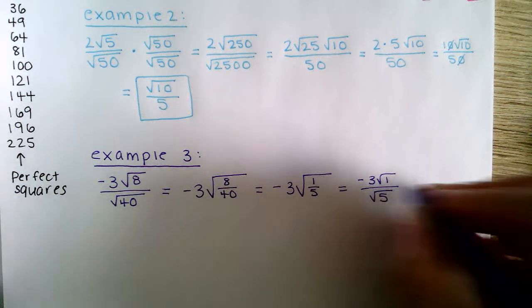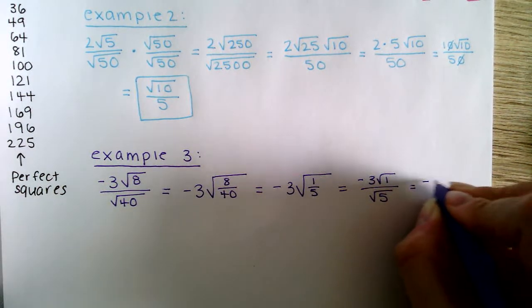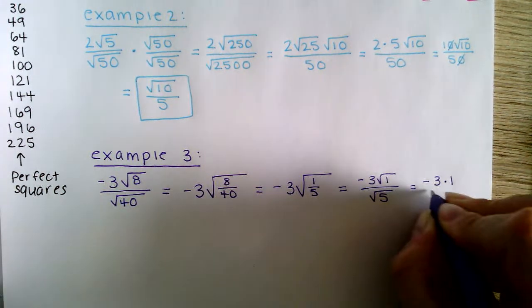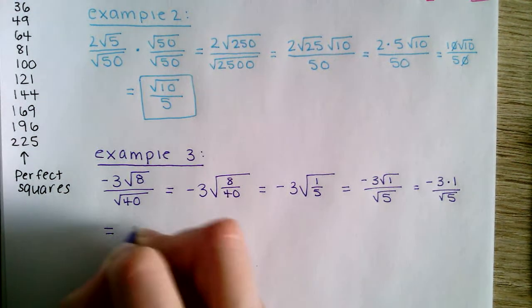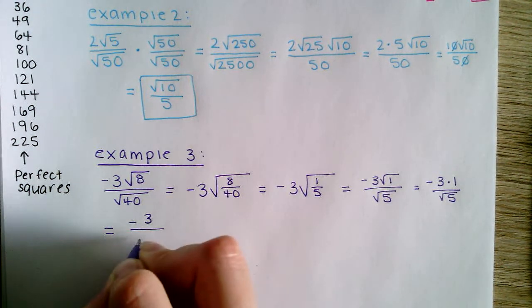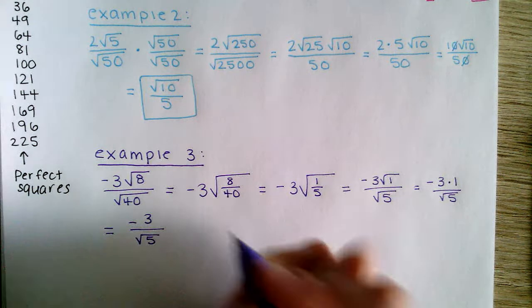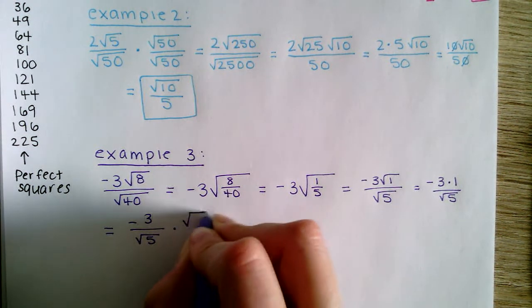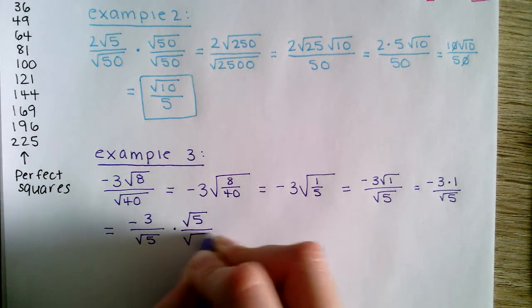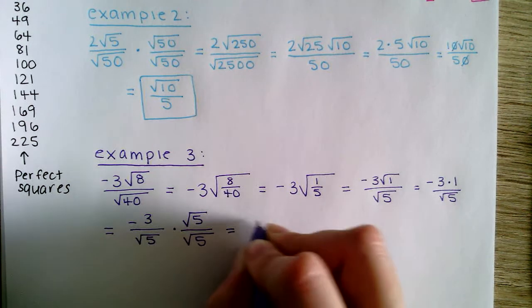The square root of 1 is a perfect square, and that actually ends up just going away because that would give us -3 times 1 over radical 5. I'm going to have to move down here to continue our problem. So now we have -3 over radical 5. So we are not done yet because there is still a radical in our denominator. We are going to multiply top and bottom by whatever the radical is in the denominator. That would give us